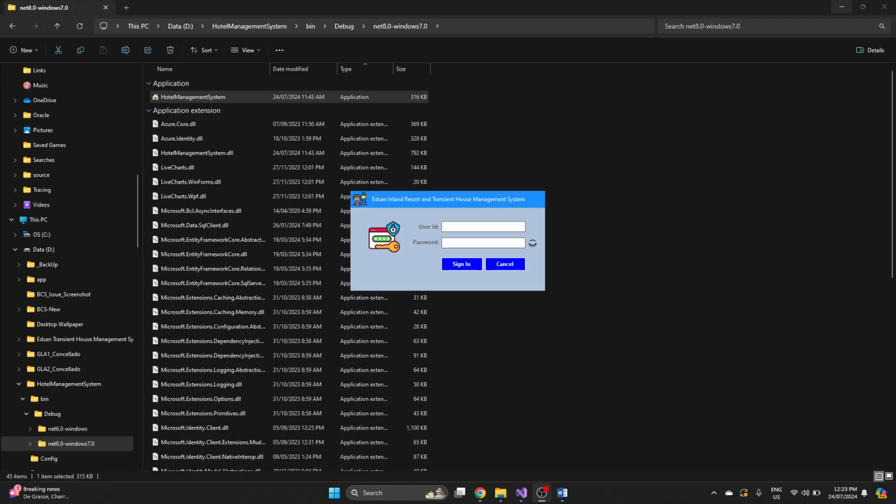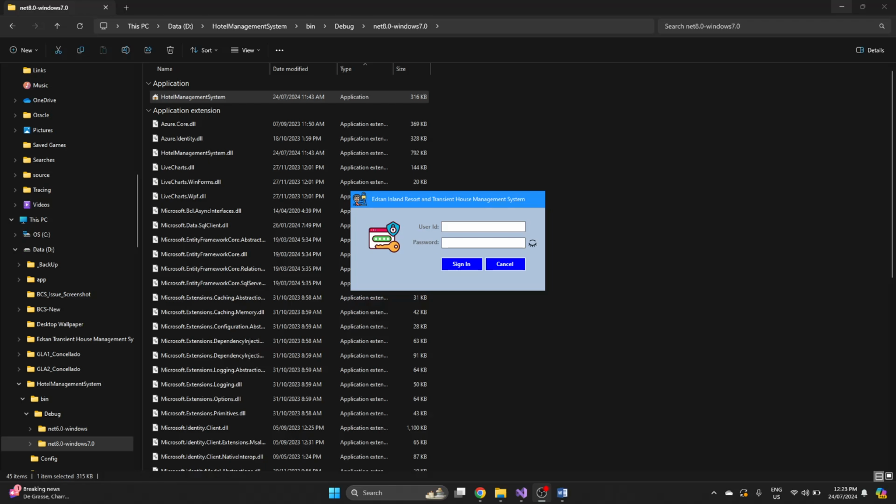Now, I'd like to introduce you to the login screen of the application. As you can see, there is clear branding at the top of our system, prominently displayed. User-friendly design: the interface is straightforward, with fields for user ID and password. For security, the password is masked for privacy. An eye icon allows users to verify their password input. The visual cues, like the icon for security, make the purpose clearer.